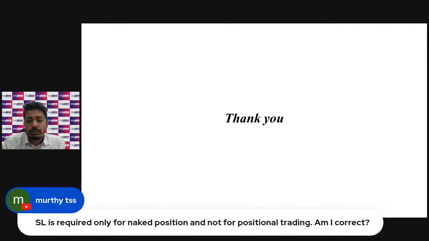So there is a question from Murthy. SL is required only for naked position and not for positional trading. Am I correct? See, for positional trading, you need to do a hedge strategy. You cannot see, stop loss is challenging for a positional strategy. The reason for this is, if you buy something in Nifty for 100, you cannot have a positional stop loss of just 20-30 points. That becomes very less